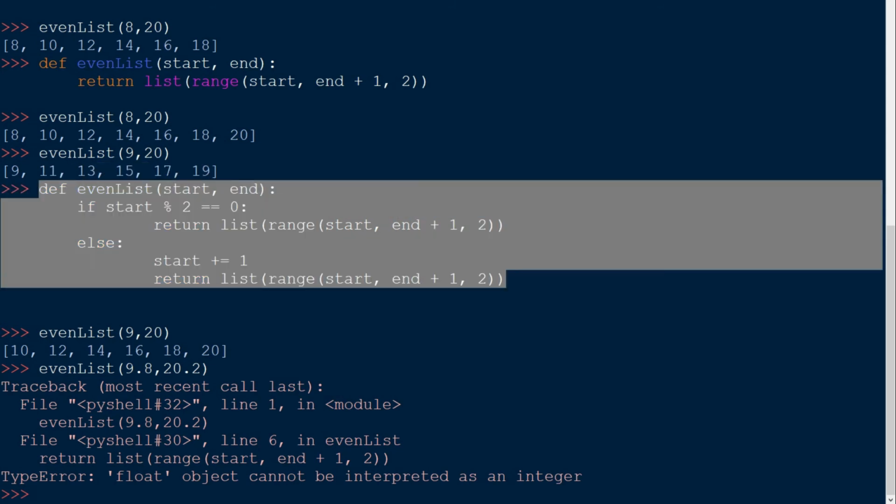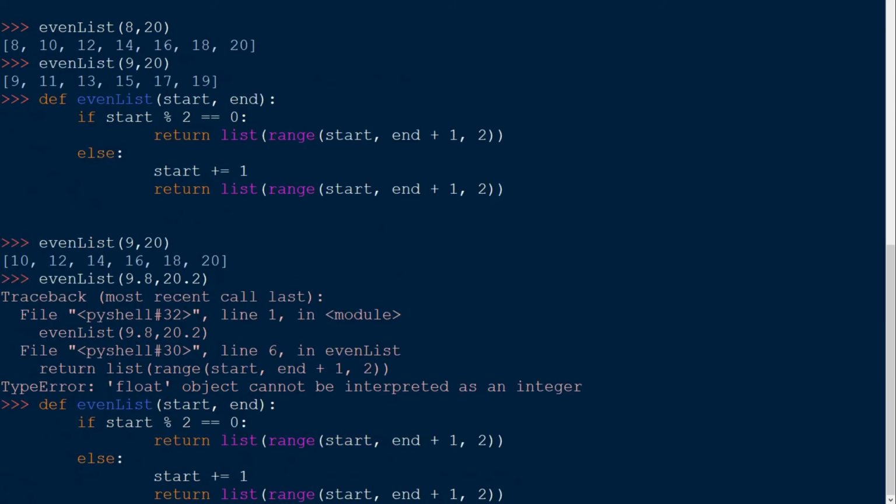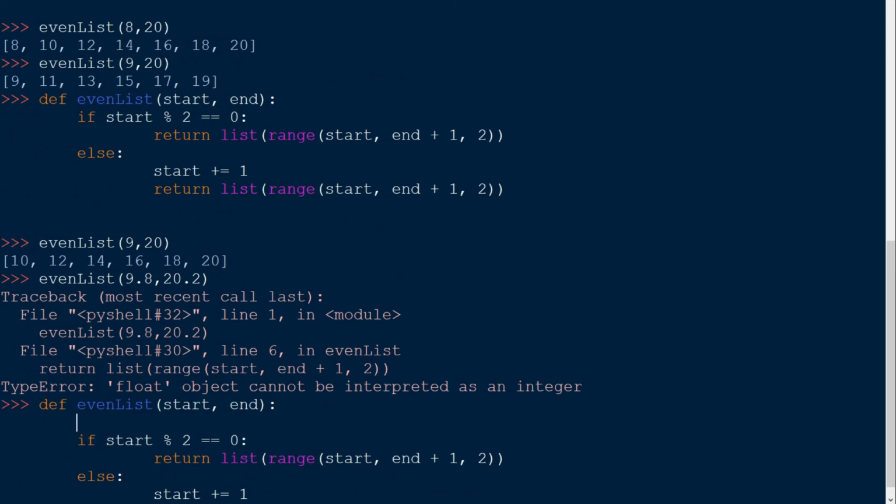So now we need to specify the type of our parameters, which are start and end. So let's just do it. To validate the data type of our parameters, we can use the isinstance function. It is really simple. We need to type if isinstance, and we need to type our variable name, which is start, and we need to type the data type for it, which is int.